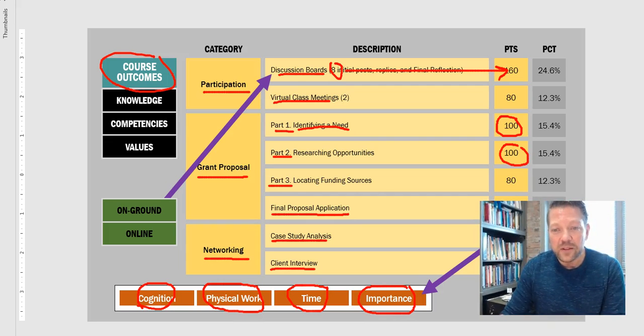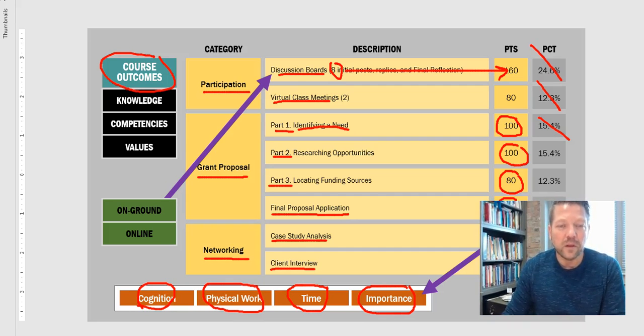And I do that for the other assignments in my course also. I determine these points based on their relative degree of cognition, physical work, time, and importance as it is to that discussion board post they do in one of the weeks of the course. I can then add up my points and I come up with 650. I put in these percents here to kind of help me think about how the assignments relate to each other. I probably will not put this into the course because students need to know that that's 12.3% of the class or 15.4%. That's just for me to help think about the relationship these assignments have to each other as I'm